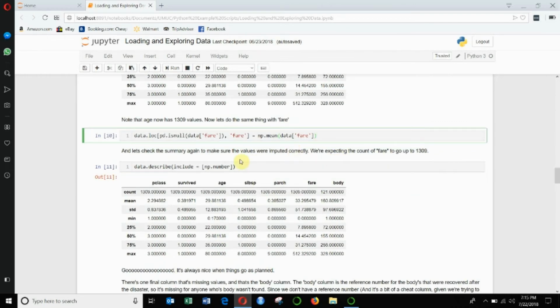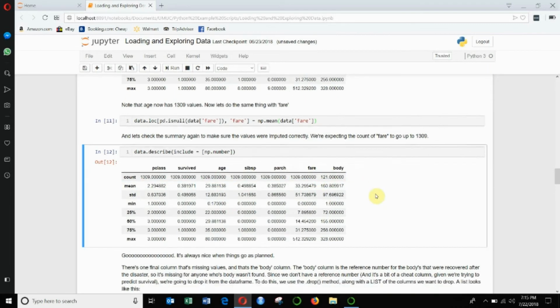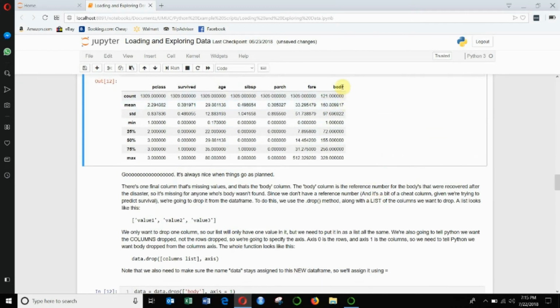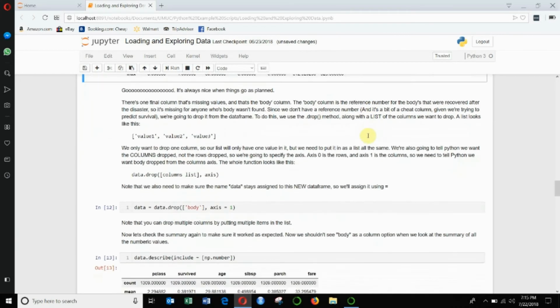So let's check that summary again and make sure all of those rows are imputed correctly, right? All right, good stuff. So we've gotten fair. Now, the body column is still missing values, but as I said, that's a reference to whether somebody's body was found, and we don't know that before the event. So what we want to do is get rid of that column, essentially,